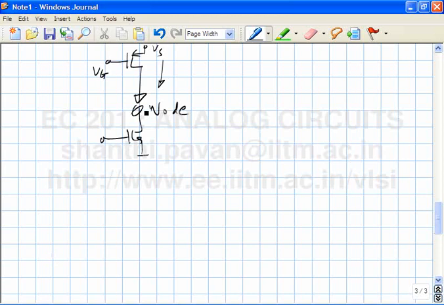You have an NMOS transistor connected like this. Please note that the characteristics of the NMOS transistor are like this, where this axis is VDS. So if the drain is larger than the source, then the transistor will look like a current source, pulling current out of this node. And the PMOS characteristics look physically similar, but this is VSD rather than VDS. So it will be able to push current into this node as long as the source-drain voltage is